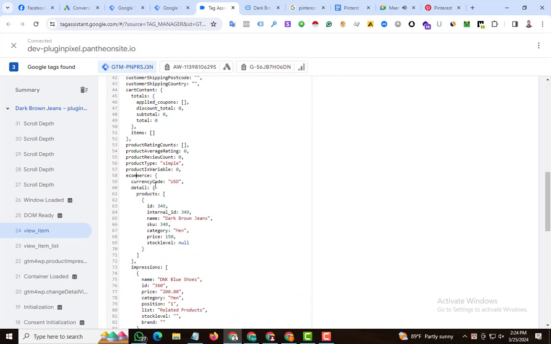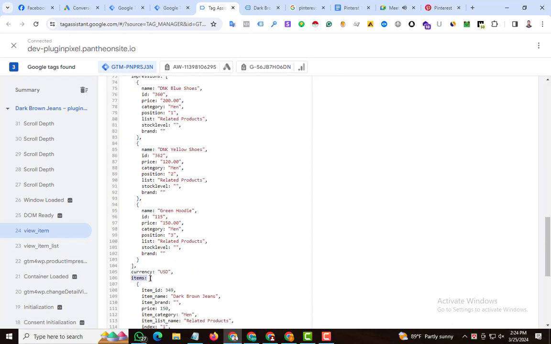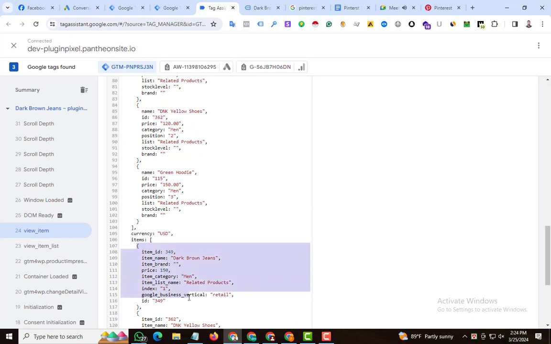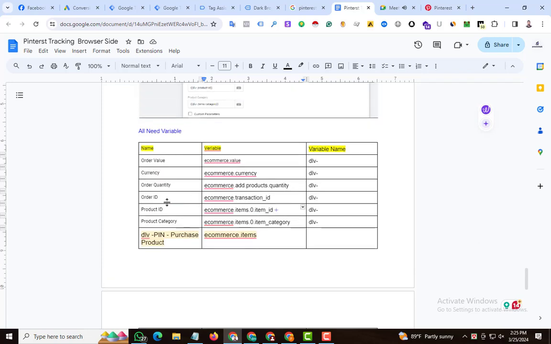So ecommerce, then this is the object, then items is an array, then item ID, yeah, item ID is an object. So I need this document. Okay, so ecommerce.items.0.item_id. So I already copied this ID, just copy the product ID